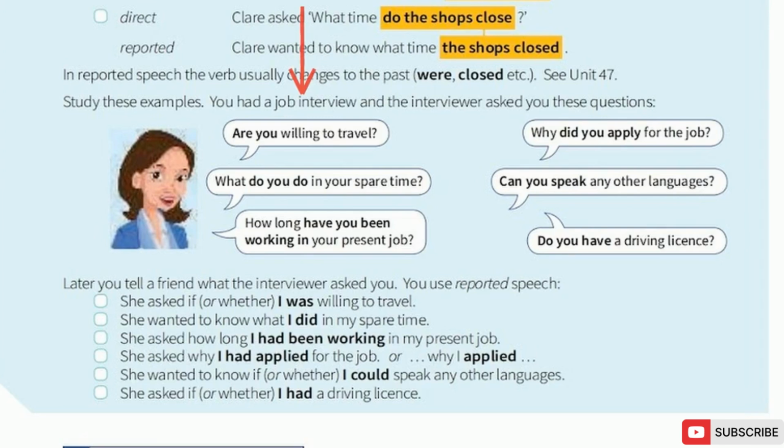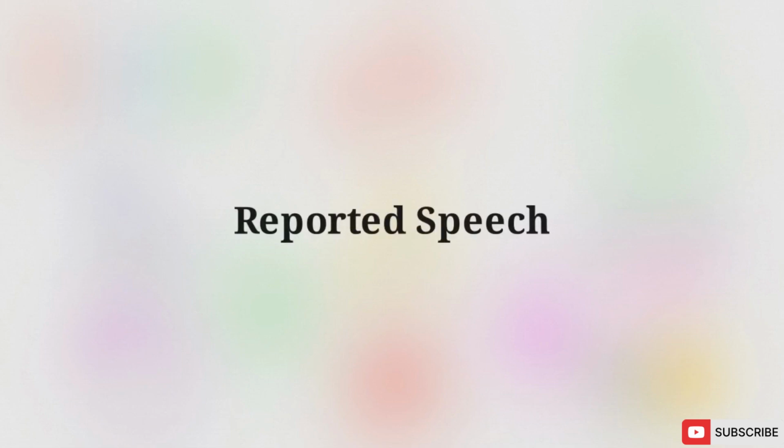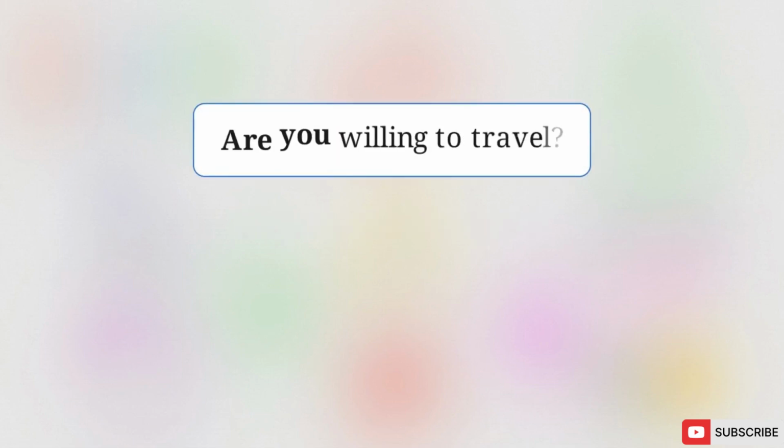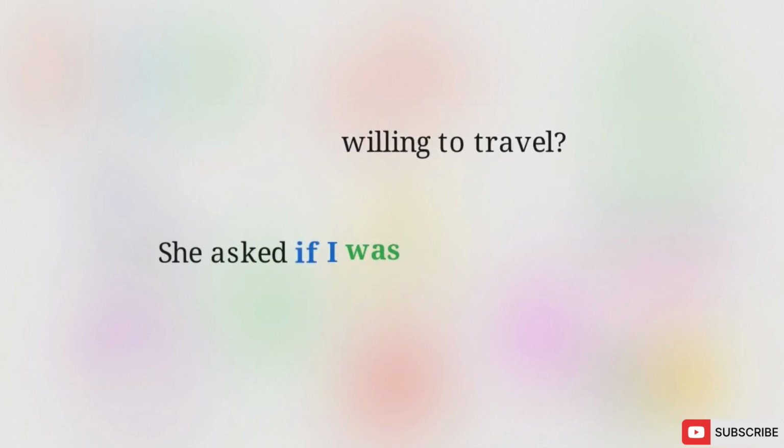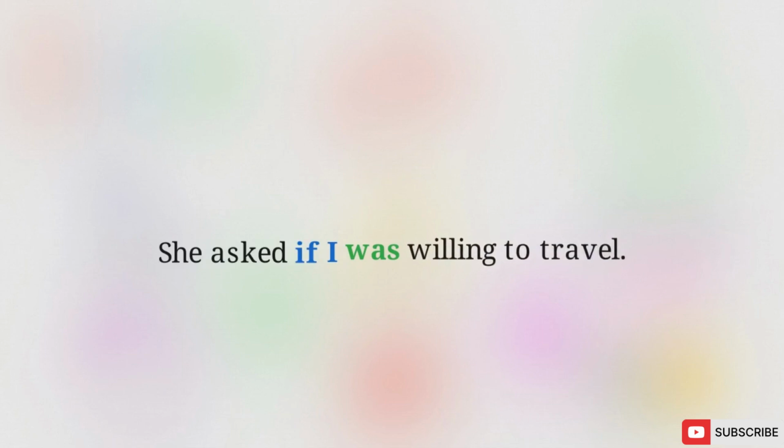This exact same mechanical logic applies when you need to report something someone else asked you in the past, like relaying questions from a job interview. Reported speech relies on the subject-verb swap we just used. If the interviewer asks, "Are you willing to travel?" our first step is to flip the question structure, "Are you?" into the statement structure, "I am." Then comes the second step. Because this interview already happened, the verb takes a step back in time. Am shifts backward into was. The final reported sentence is, "She asked if I was willing to travel."